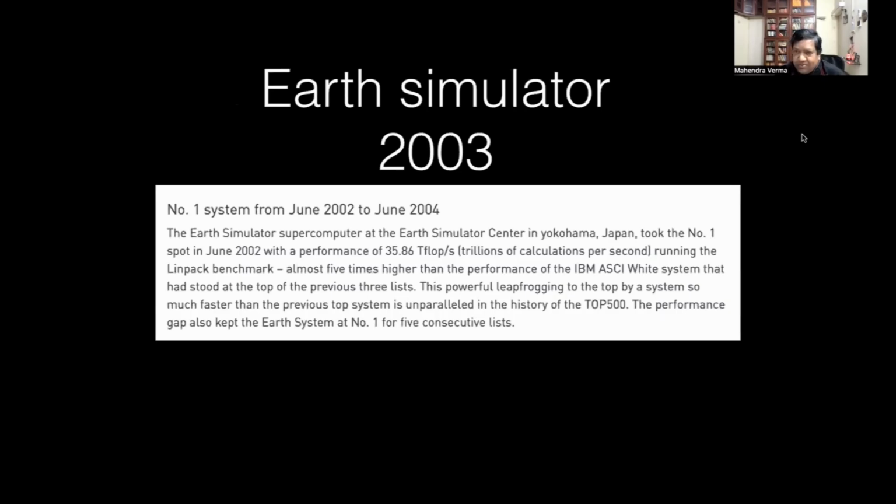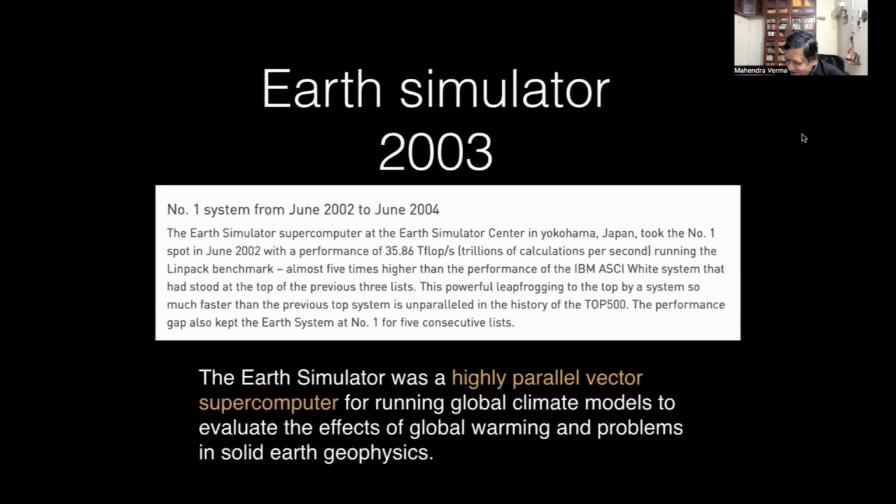Earth simulator, I just want to say, I'm kind of losing time. So Earth simulator is a highly parallel vector supercomputer. Now I'll tell you why. Now this is 2003. This is even before BlueGene P. BlueGene P was 2007. We ran on 2007. Now 2003, I think Earth simulator was discarded in 2005 or so. Now look at it, top 500. This was the best machine for 3 years. This was the best machine from 2002 to 2004. Well, 2 years.